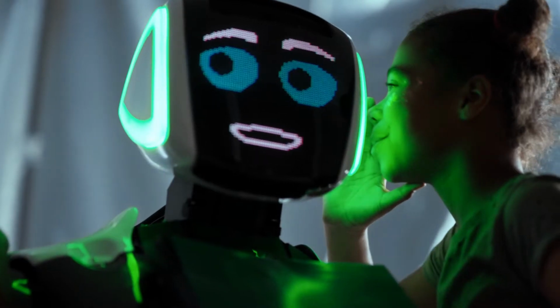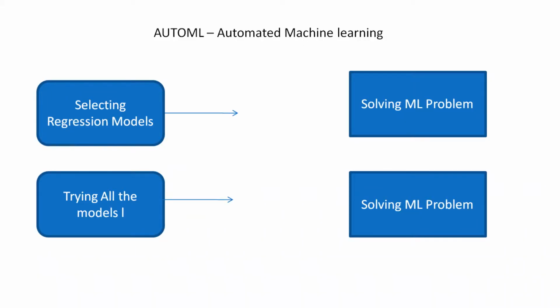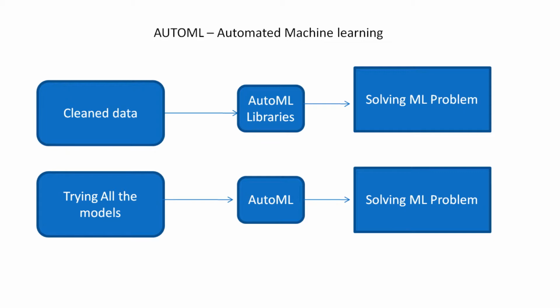Okay. So what is AutoML? AutoML is nothing but an automated version of machine learning. If you are currently learning machine learning, let me put you on one problem. Consider that you are currently solving one machine learning problem through regression modeling. You don't know which regression model gives you the best accuracy. If you are not able to guess the best fit model for your problem, then your next approach will be trying some different regression models on your dataset. At that time, you take a lot of time and a lot of machine power to train different regression models on your dataset.